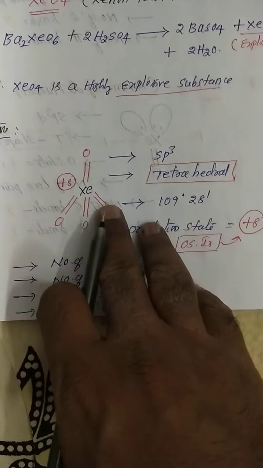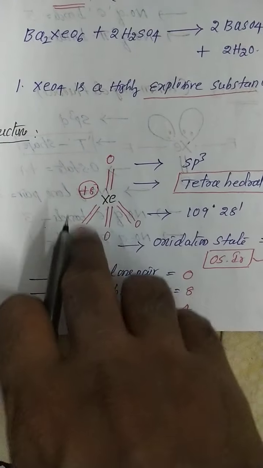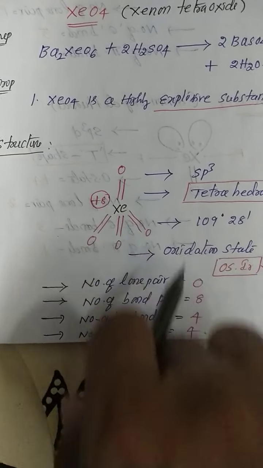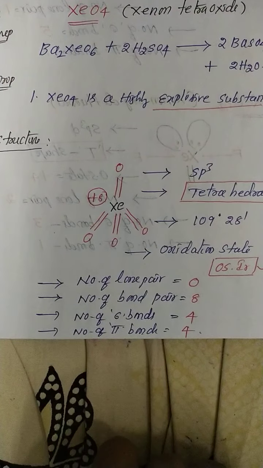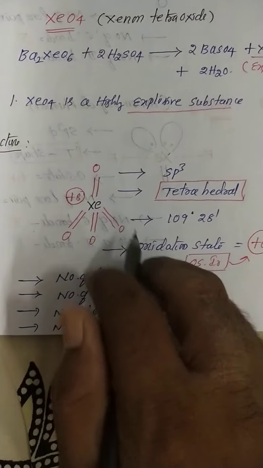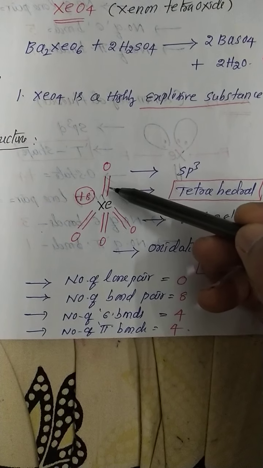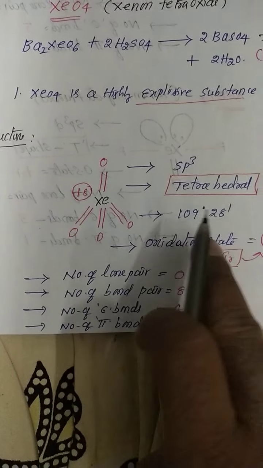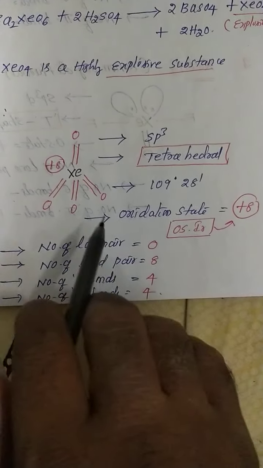Okay. See here, total bond pairs are 8. Out of the 8 bond pairs, 4 bonds are sigma bonds and 4 bonds are pi bonds. See here, there is no lone pair of electrons. So from the hybridization point of view, 1, 2, 3, 4, pi bonds are not considered. That's why sp3 and tetrahedral manner, with a bond angle of 109 degrees 28 minutes, oxidation state +8,